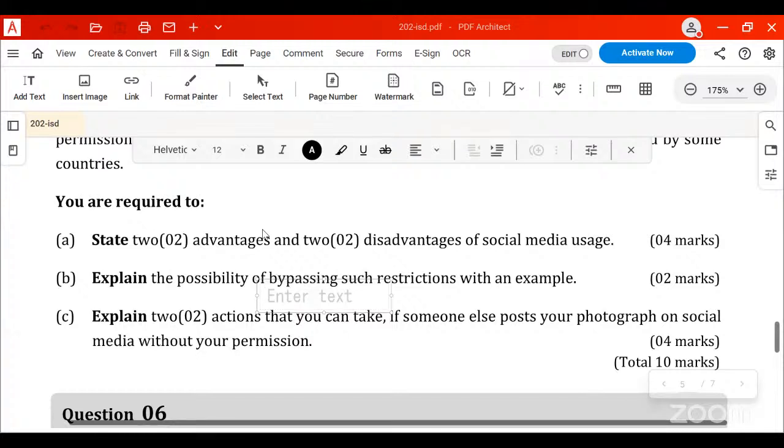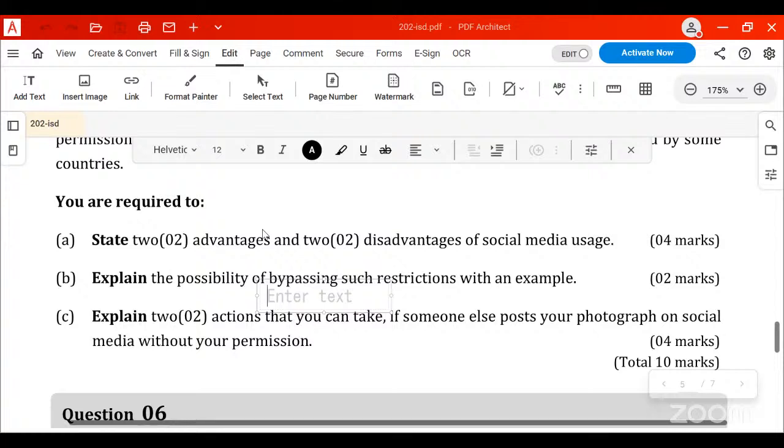Explain 2 actions that you can take if someone else posts your photograph on social media without your permission. This is actually a very common incident, right? People set up fake accounts using different kinds of photos. How are they getting those photos? They get them from social media, sometimes stealing photos from Twitter and publishing them